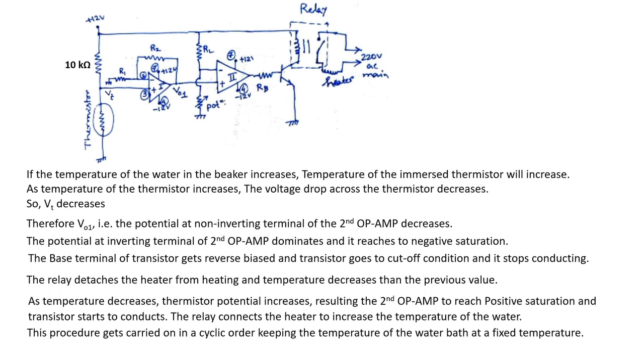So in this way, we can develop our temperature controller circuit by using a thermistor, op-amp, transistor and the relay and one immersion heater. So after this, I think it is a little bit clear how we will proceed and how we can draw the circuit without